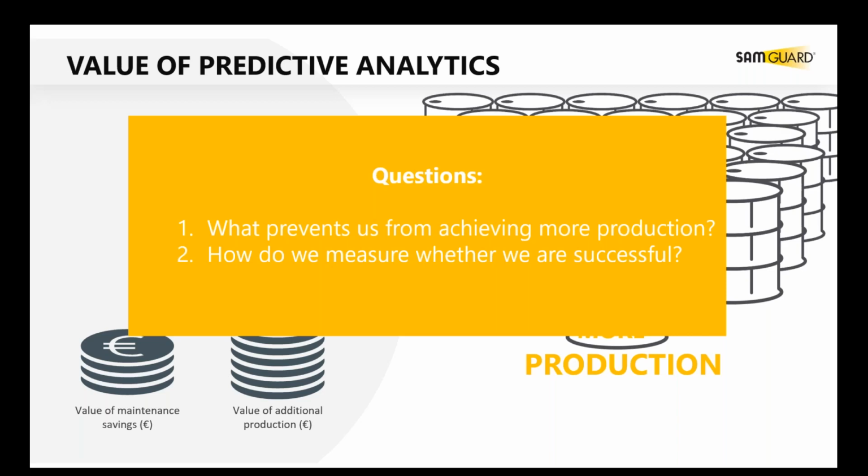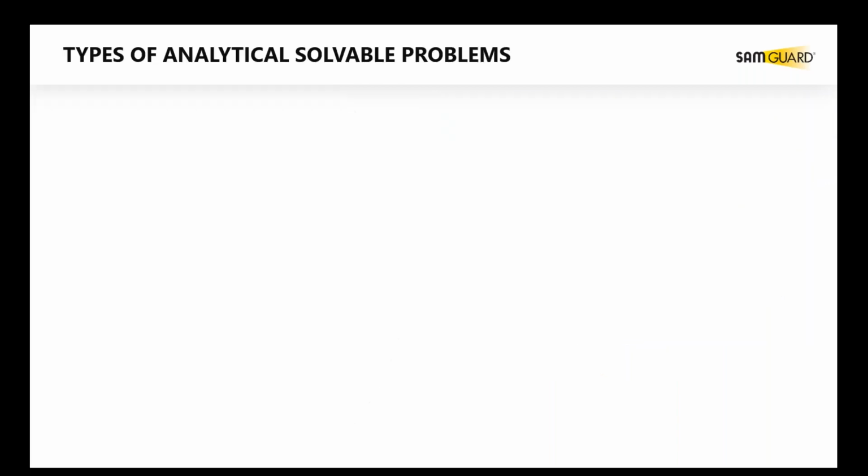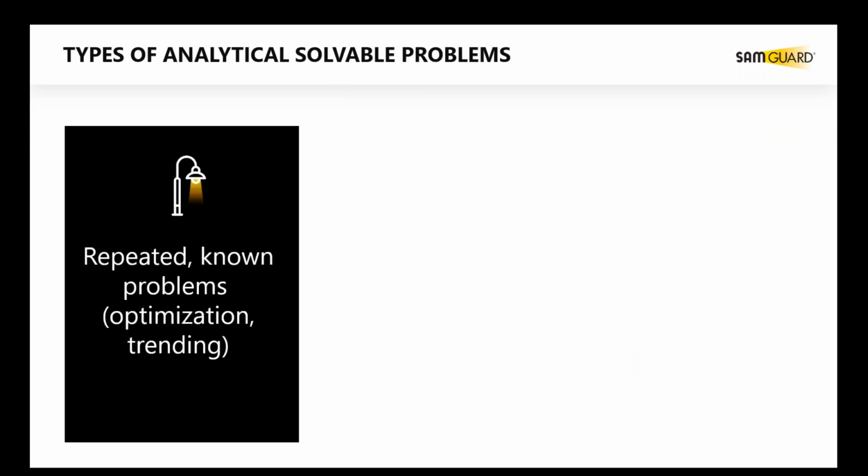So when we look at analytical applications that can actually improve the production, we basically look at three types of applications. The first one are those applications that really deal with the repeated known problems. Okay, yeah, I know I have my control loops that are not optimized. Let's optimize those control loops. Okay, a one-time effort which enables you to optimize your control loop, or